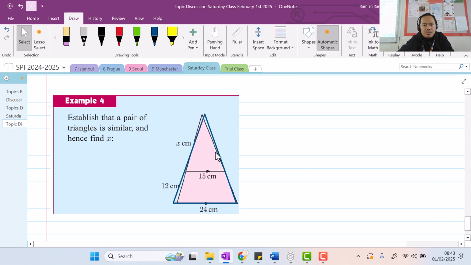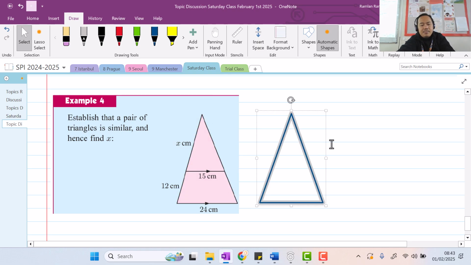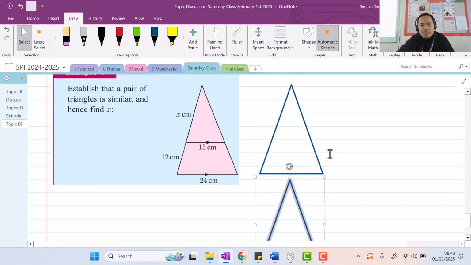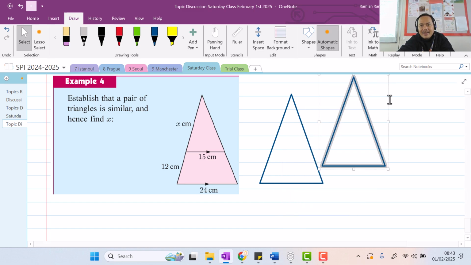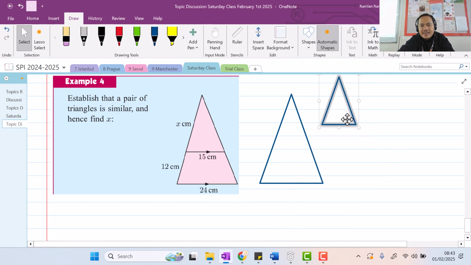And I have the smaller one. I'm just going to copy paste that because it is similar. Karena dia similar, berarti saya bisa copy paste. Tapi yang satu saya kecilin gitu lah. Right? I'm just gonna make it a little smaller like this, gitu ya. Okay, so we have those two.